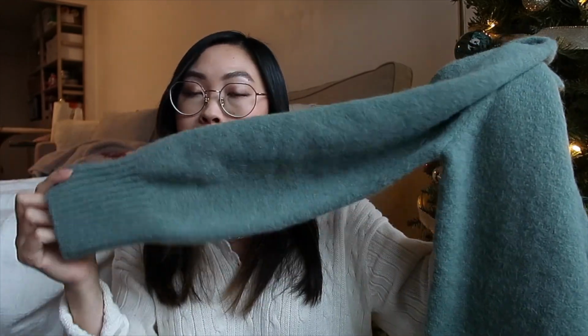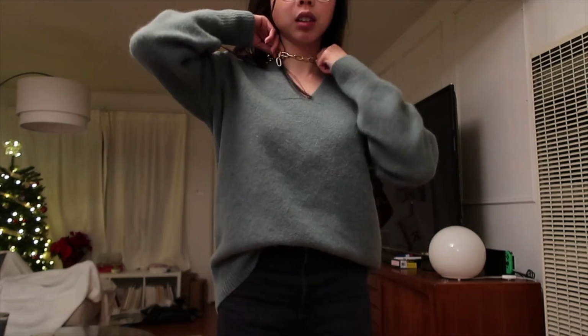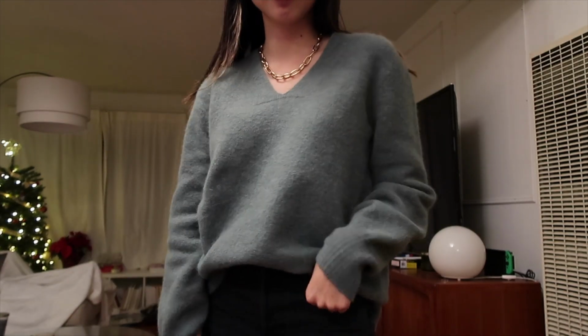The fit on this one is pretty similar to the purple one. It's pretty oversized, except of course this one has a v-neck, and the sleeves on this one do taper a little bit more. I ordered this one in a size extra small, and I love the fit. I'm pretty sure this one is the same fabric as the purple sweater. It's a mixture of alpaca and merino wool. I'm super happy with the sweater, and I definitely think this is one that I'm going to keep